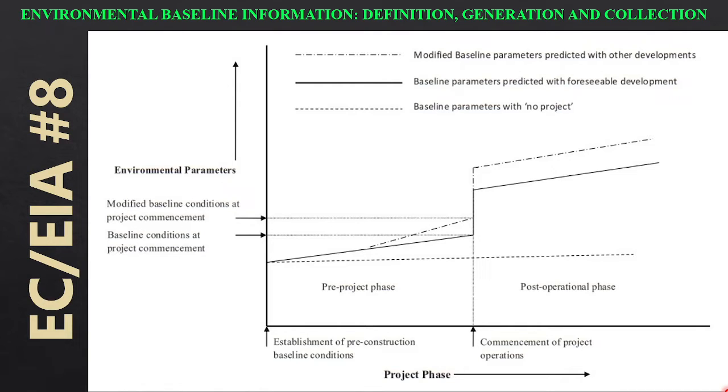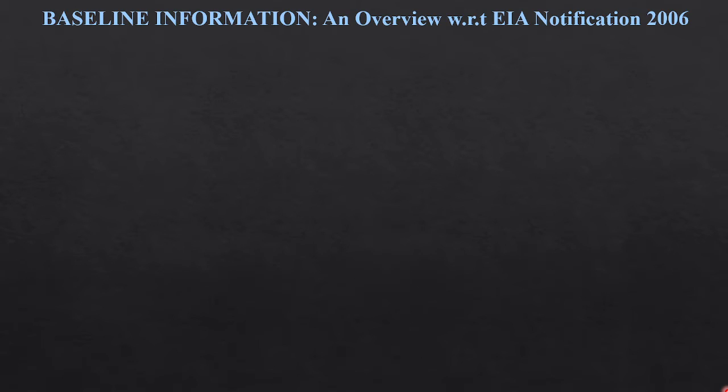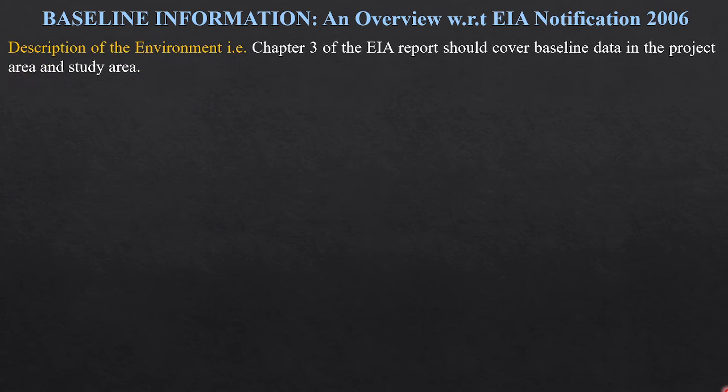In this video, I'm going to discuss the definition, generation and collection of environmental baseline information in the light of EIA notification 2006. In the said notification, we find baseline data or parameters are mentioned at the time of discussion of EIA report structures. And in the notification, it is written that this description of the environment, that is chapter 3 of the EIA report,